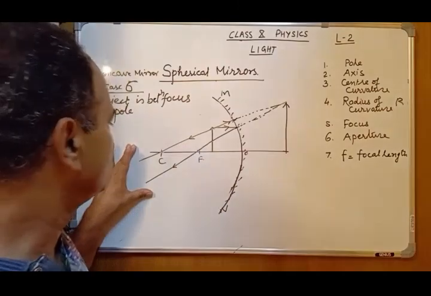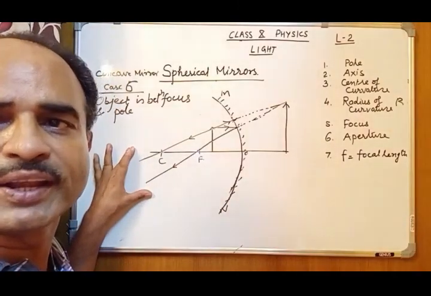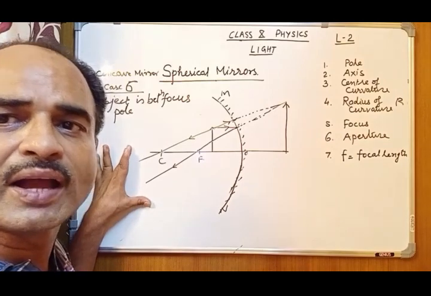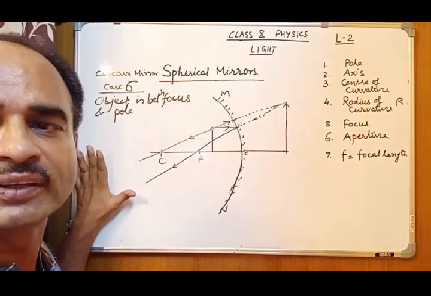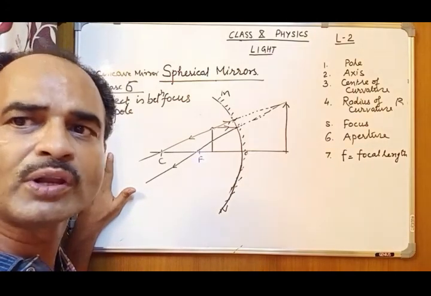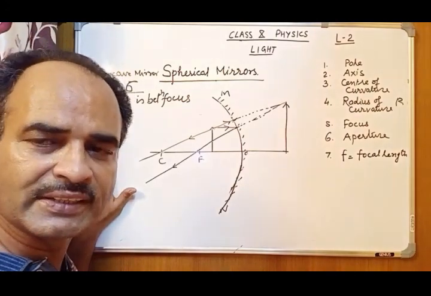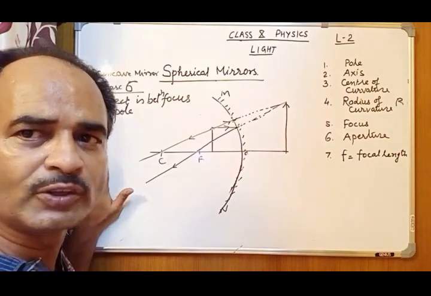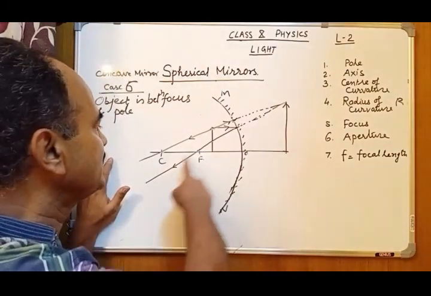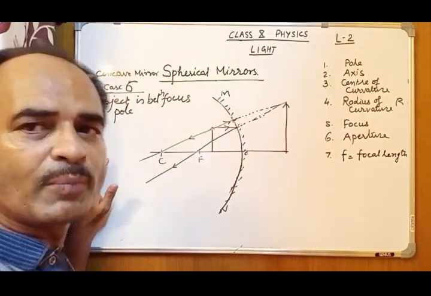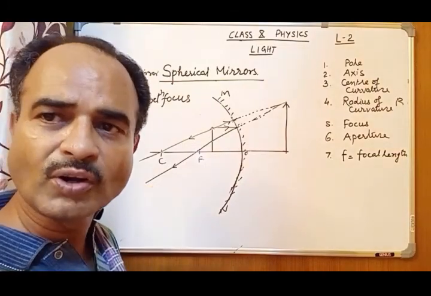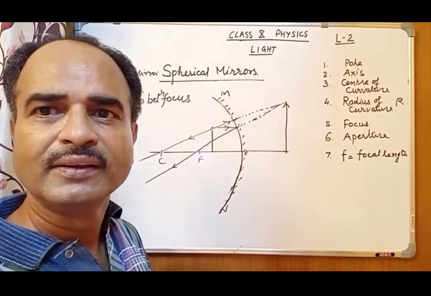In practice, these rays after reflection are not meeting. They are moving apart from each other after reflection. So what will happen in reality? They will not meet anywhere. It means no real image will be formed in this case, because the rays after reflecting are not meeting. After reflection they are going in this direction and getting apart from each other, so they will never meet. So where will the image be formed then?